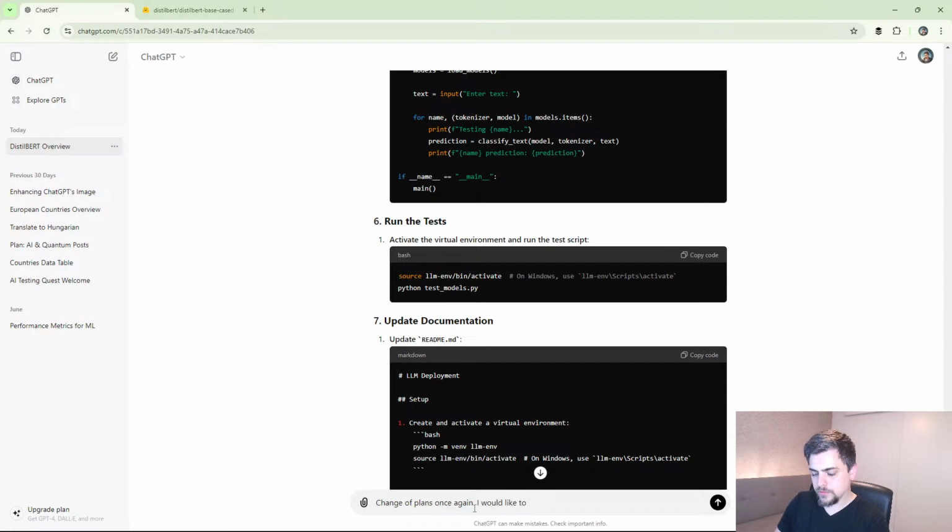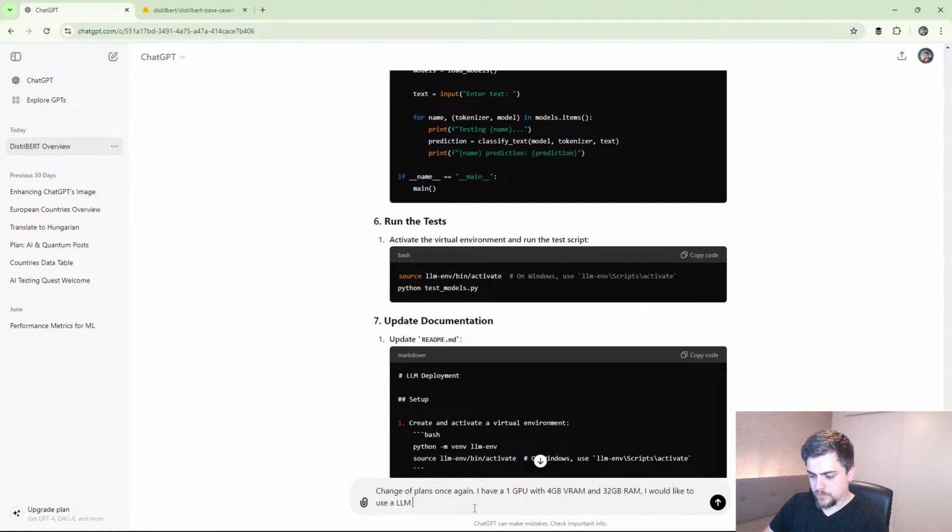I would like to... I have one GPU with 4 GB VRAM and 31 GB RAM. I would like to use a large language model with Llama, because that's a good way and maybe an easy way to get that,